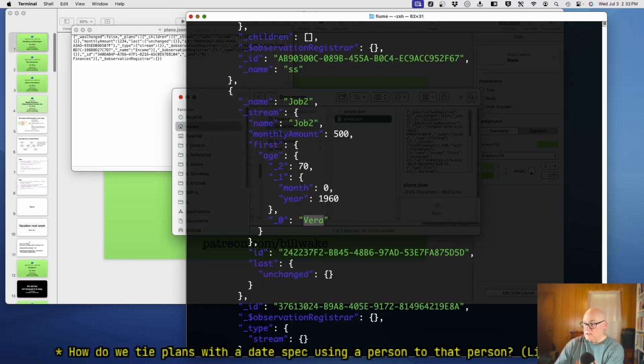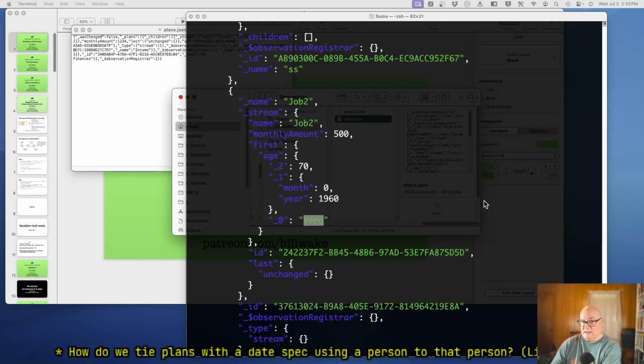We don't tie it into the people array at all. So if somebody said, well, actually Vera just changed her name, she's going to go by Vanessa now, then this would be sitting out there and nothing would make sense. We'd say, oh, do it when Vera turns 70. And actually, this is her birthday. So we've included that, but Vera turned 70.